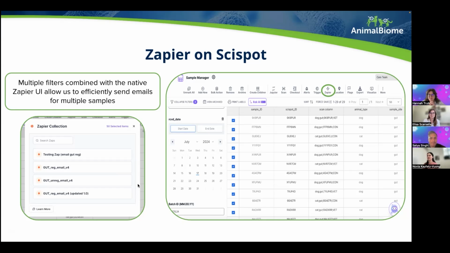Then by selecting the Zapier native UI, we see a pop-up which shows all of our zaps, and we can select the zap that we want. This greatly reduces the amount of time spent manually copying and pasting samples into different tabs on Google Sheets, while also having an easy to use UI for teams outside of